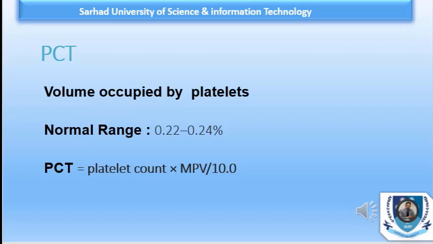And then we also have basic parameters for platelet, like platelet crit and mean platelet volume, and also we have PDW, that is platelet distribution width. So it's all for today,